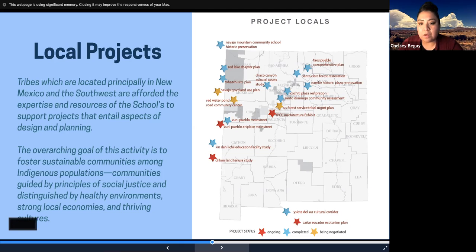So in the South, we're looking at projects in Mexico and in Ecuador, and what kind of projects are in those Indigenous communities that we can help out with, and our students can help out with, because we do a lot of traveling abroad. So if you're into that and you're ready to learn Spanish and talk to these different communities, we definitely welcome you and hope that you will consider architecture, landscape architecture, or planning.